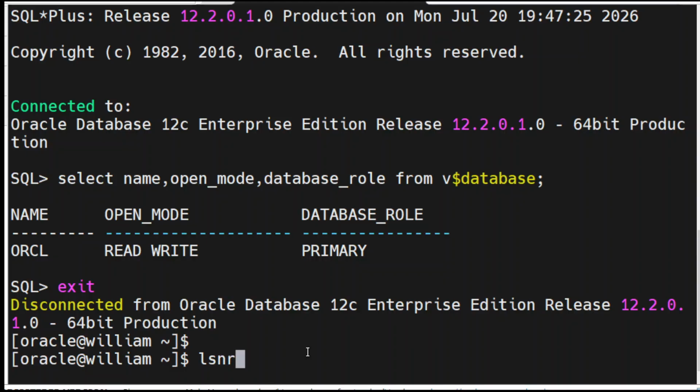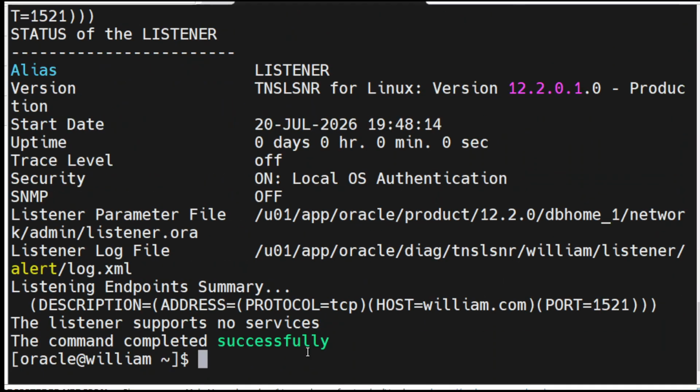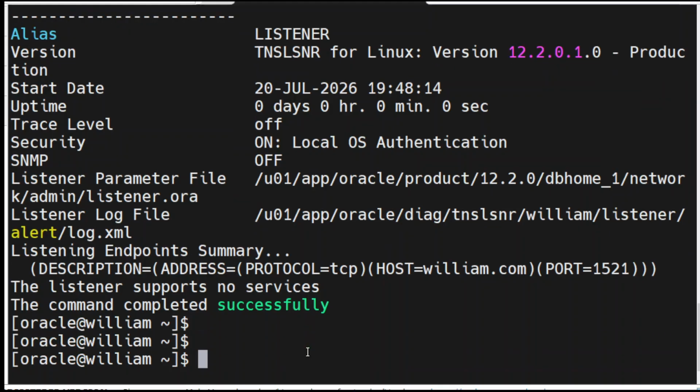lsnrctl status. LSNR means listener, CTL means control, so listener control status. It is in off state. Now you simply give lsnrctl start. It is started. Okay, once the database is started in open read write mode and the listener is on,